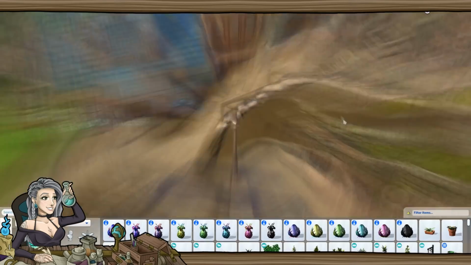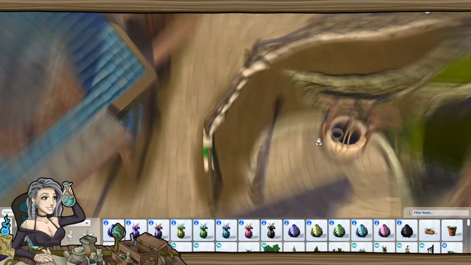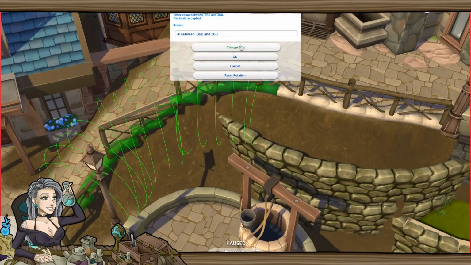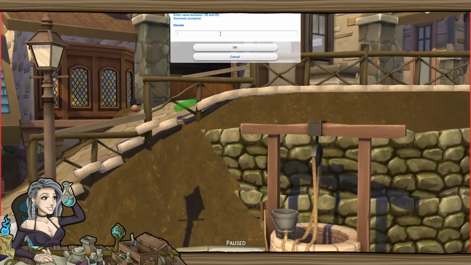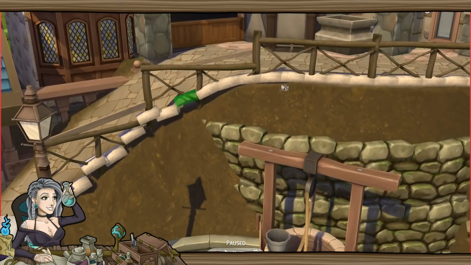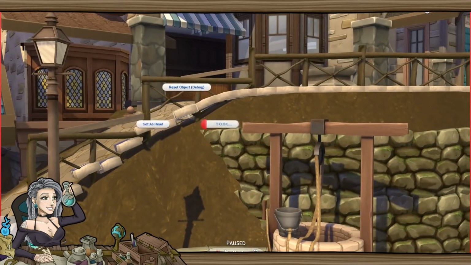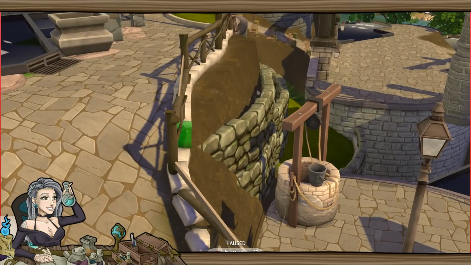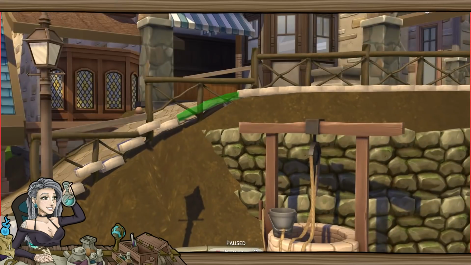I placed them all in a line, holding and rotating with Alt. Group selected and rotated them for around 25 degrees. Then I had to fix their heights with the elevating function of T.O.O.L. Doing this all over the village actually took me as long as the rest of the build combined, so instead